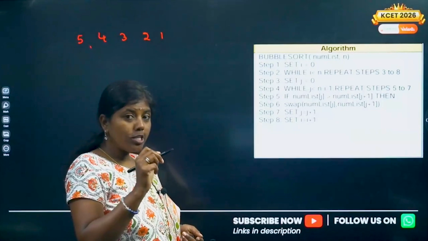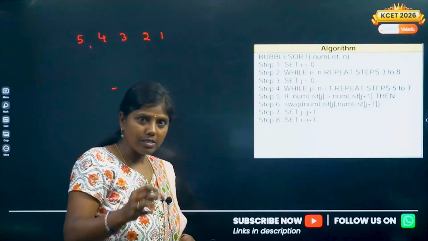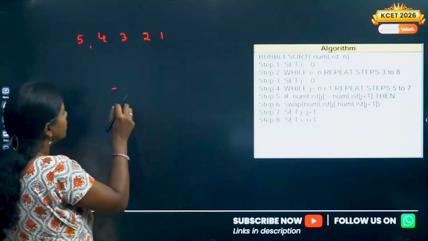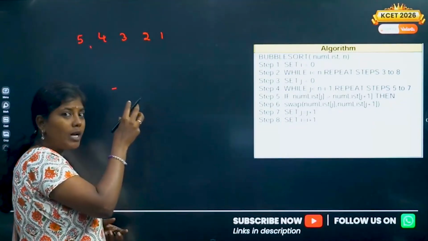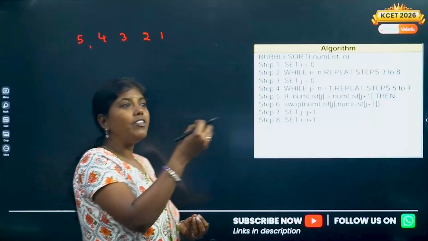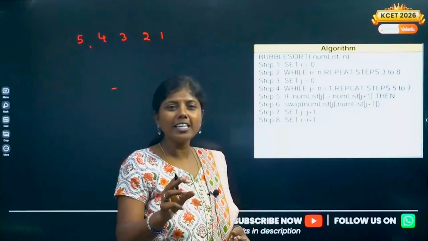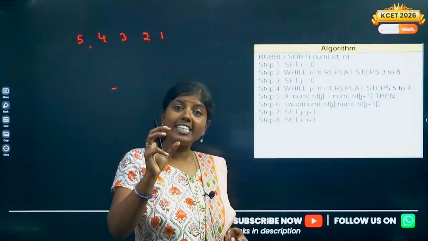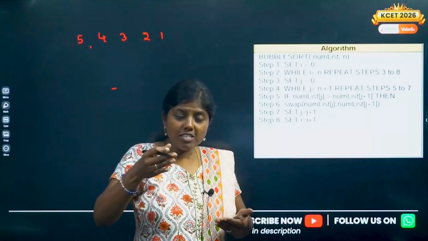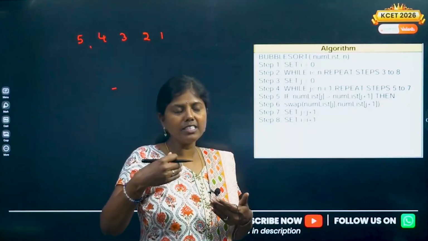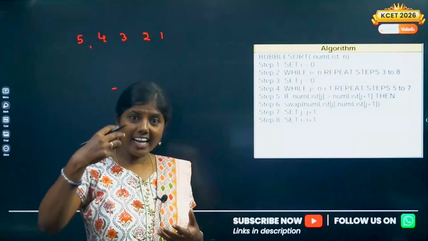So what is bubble sort? When you throw a heavy object into the water, it makes a bubble sound. Even here, I'm taking the heavy object. Ma'am, what do you mean by heavy object in terms of numbers? We can't take a heavy object, so here we'll take the largest element. That is how you relate the context.